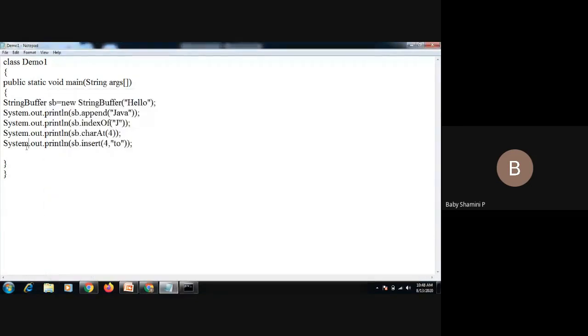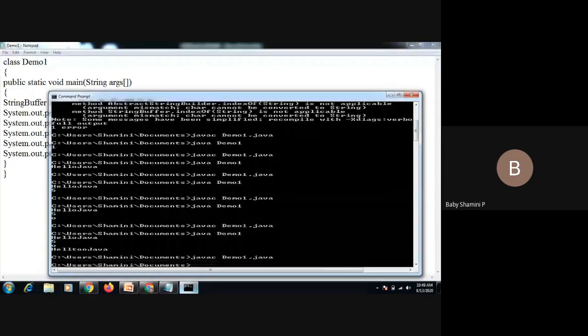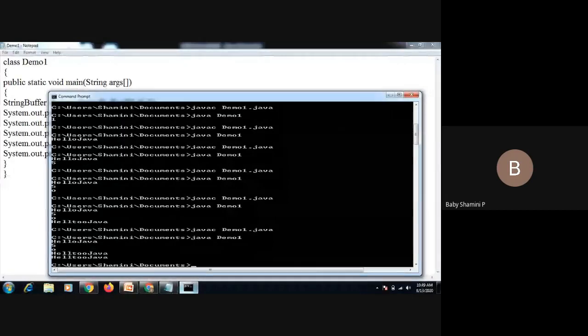If you want to check the original string, we can check with System.out.println of sb, to see whether the original string is modified or not. So the original string is hello 2 Java.